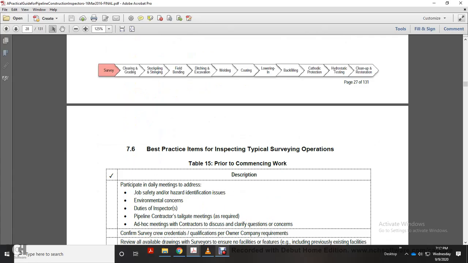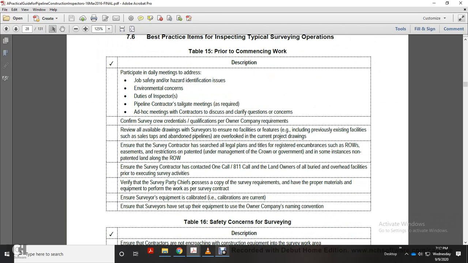Alright, table 15, commencing work. Participate in the daily meeting addressing the job safety hazard and identification of environmental concerns. Duty of the inspector: the pipeline contractor's tailgate meeting is required. An ad hoc meeting of the contractor to discover and to clarify the concern of the conform survey to credentials